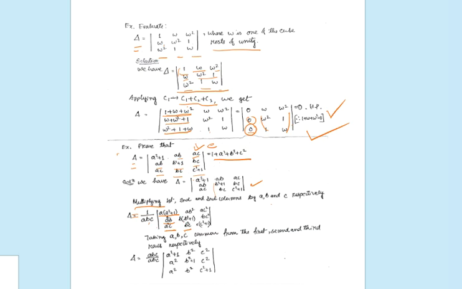Now in the next step, we will take a, b and c common from the first, second and third rows. So from the first row, we will take a common. From the second row, we will take b common. From the third row, we will take c common. So a, b, c we are writing here. These are the original a, b, c, and the remaining part of the determinant. So this a, b, c and a, b, c will get cancelled.